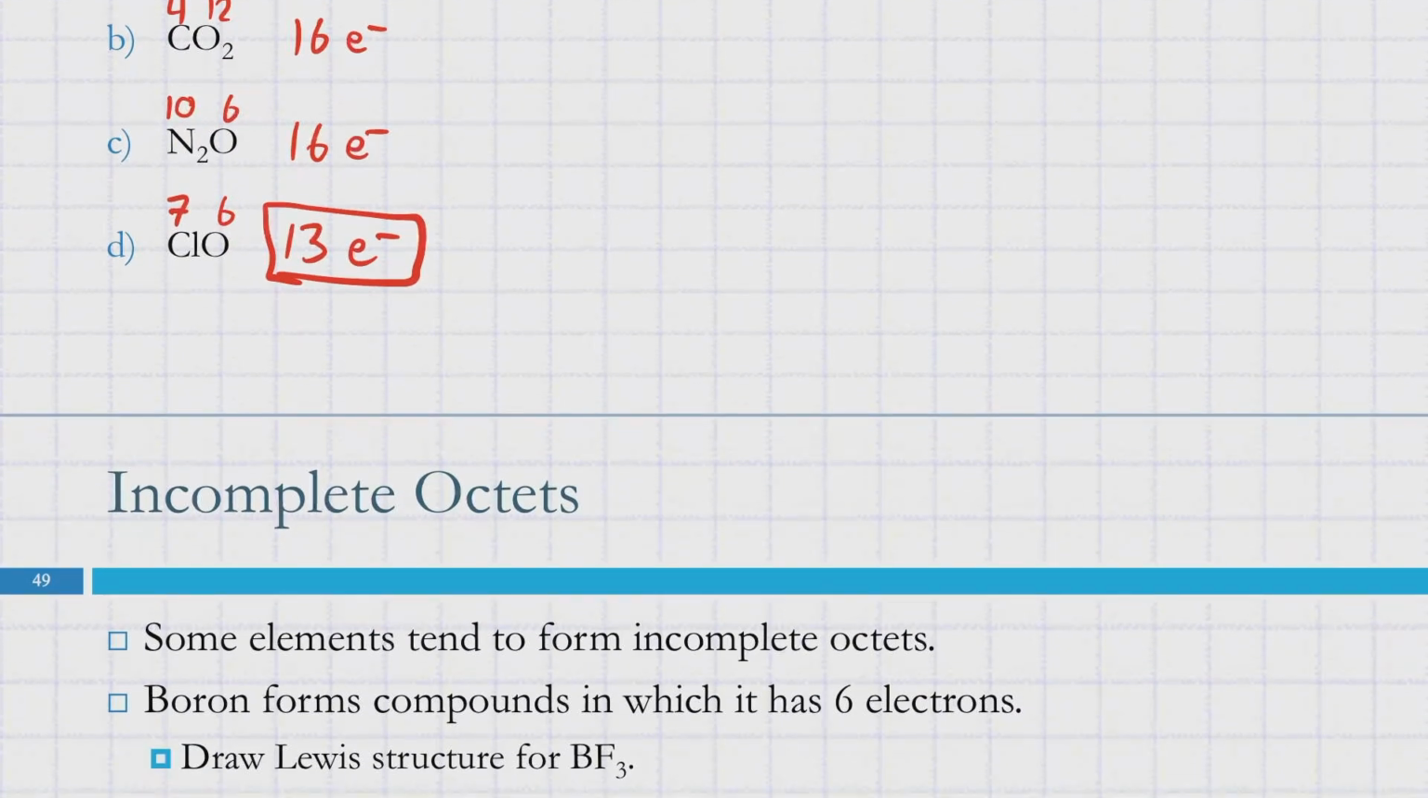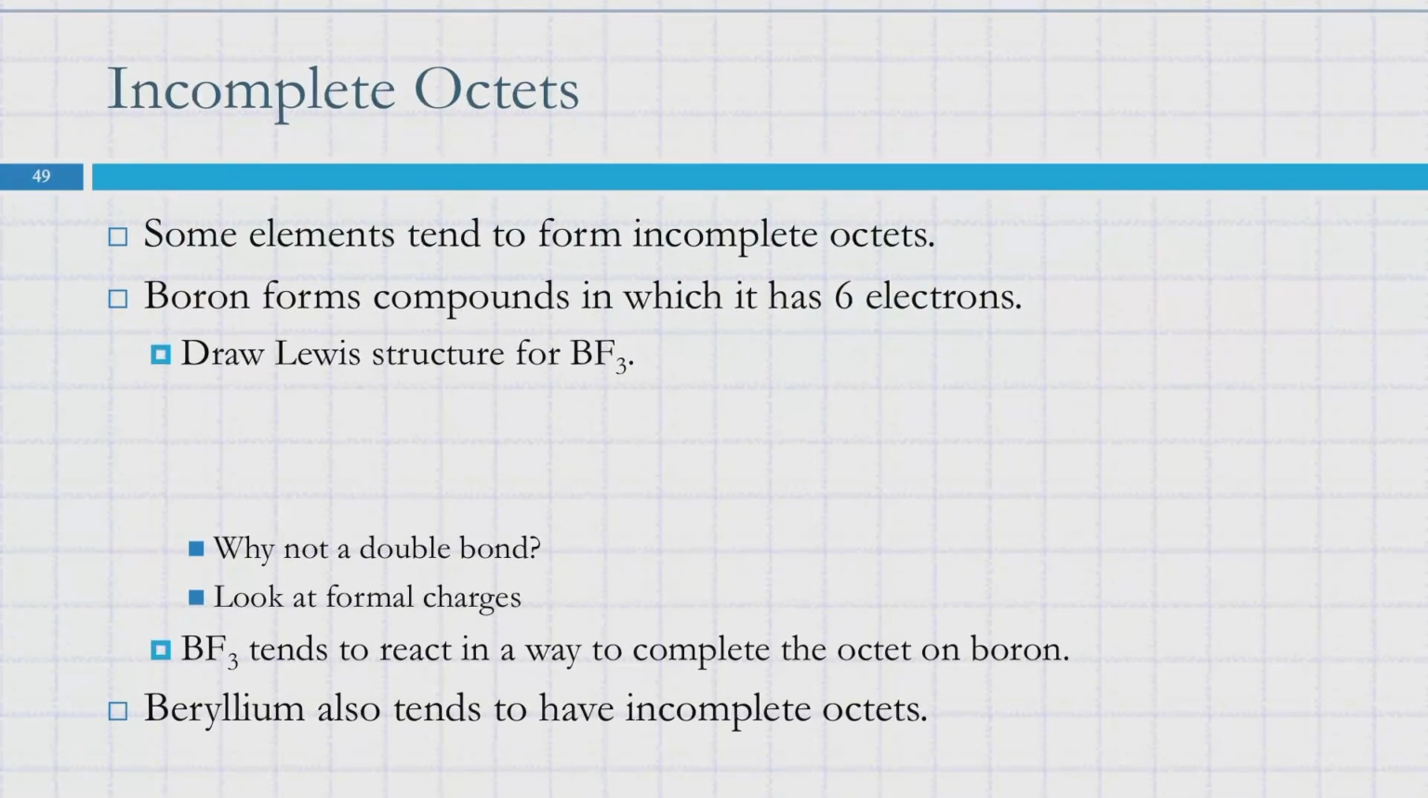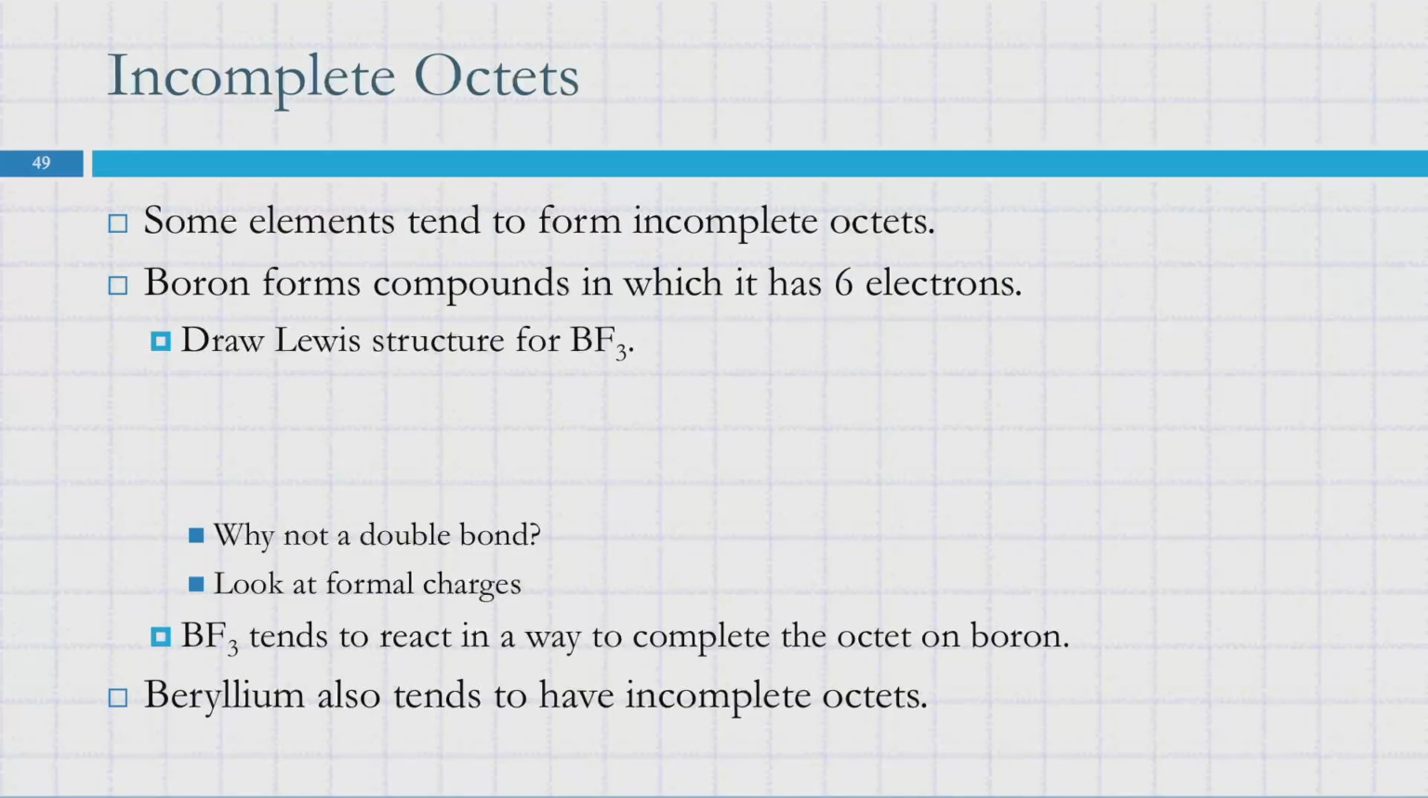We can also have incomplete octets. Boron is the poster child for incomplete octets. Boron is a bit of an odd child. It has compounds where it has 6 electrons, and those are stable. If we look at the Lewis structure for boron trifluoride,